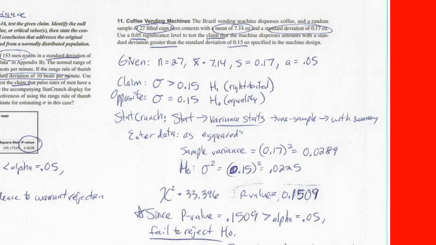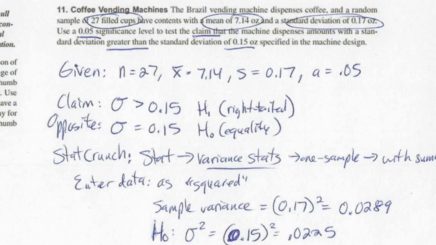All right, last question is number 11 from the textbook. And again, get all the key information that you need, which I would recommend you write down. So 27 observations, our sample mean, our sample standard deviation, and our alpha, which is basically how strict we are going to test. 5% is standard. So the claim is right here. The claim is that